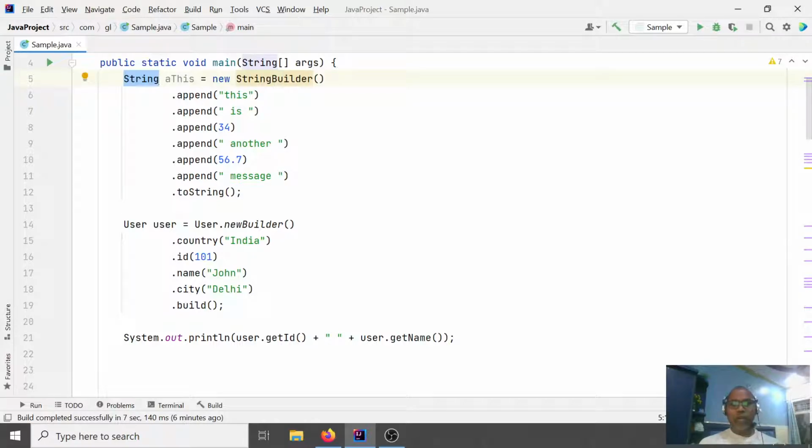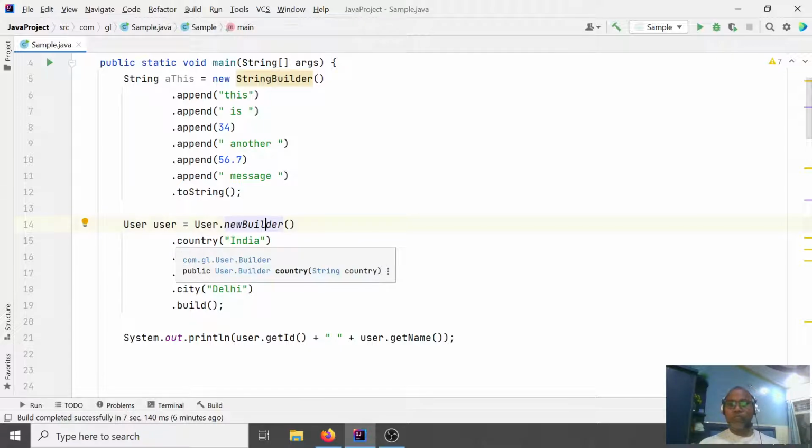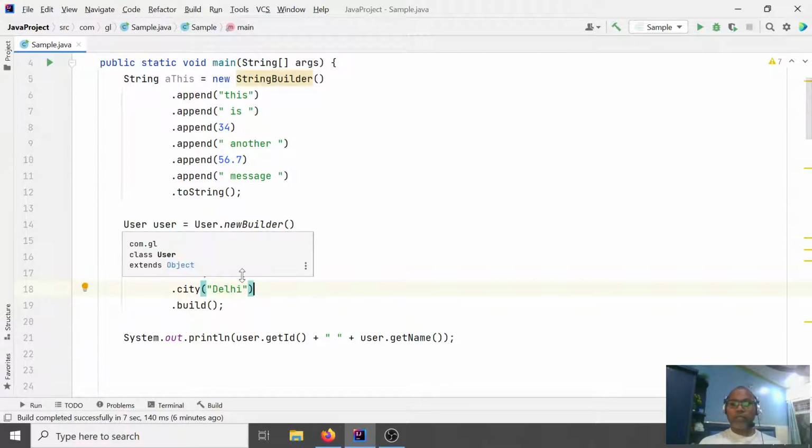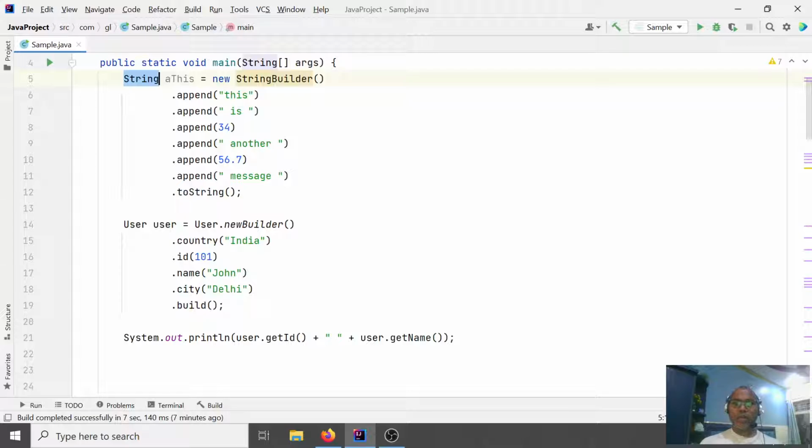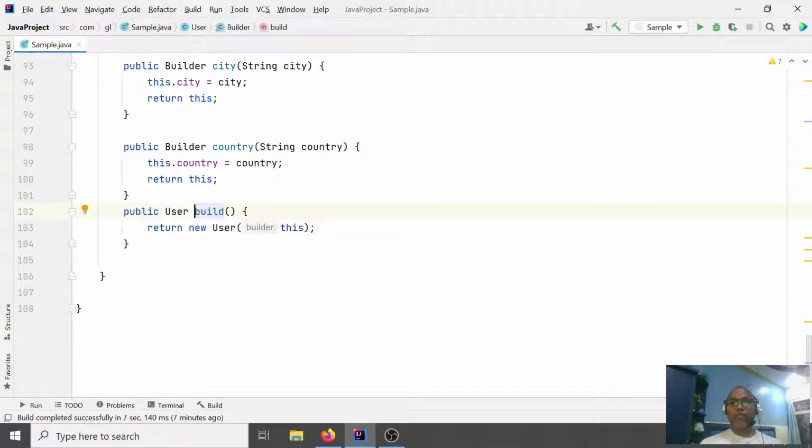Similarly here in a user-defined class, you first create a builder and then set the set of fields you want to set. Here, append country id, and whenever the customer has provided all the fields for the user class, they can set them here, and after that you just call the build method. Like a toString method returns your string object, a build method returns your user object, and this build method really creates your new user object.